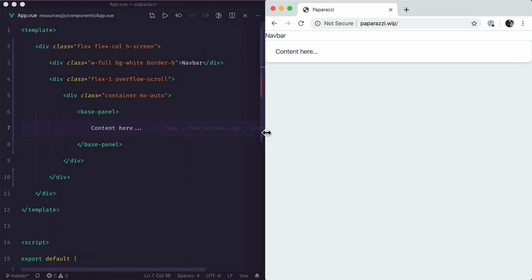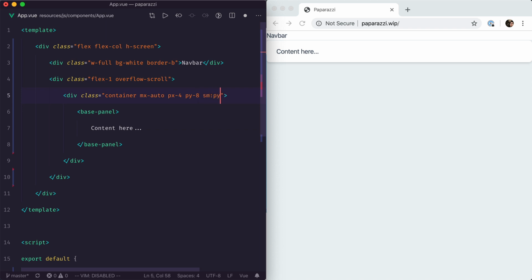It's just that when it's too small, the container takes the full width of the page, so we need to add some spacing. So we'll give a horizontal padding of 4 and a vertical padding of 8. And when the screen is big enough, we'll give a vertical padding of 16 to make our UI breathe a little bit more. Okay, so now that we have a very rough layout of our application, let's design the inside